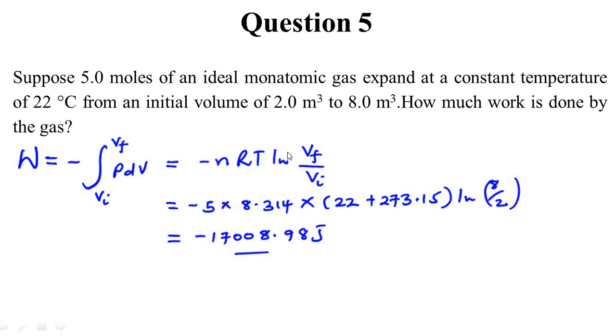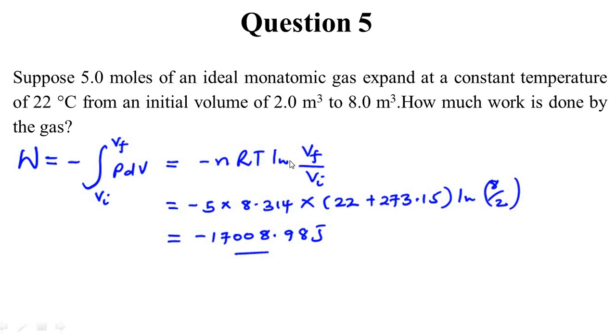So you end up with ln of V final minus ln of V initial. And when you subtract natural logs, that is where this division comes in. So if you have minus nRT ln of Vf over Vi, basically what is going to happen next is just